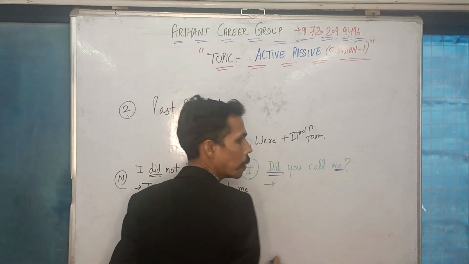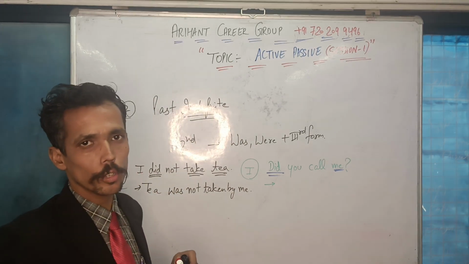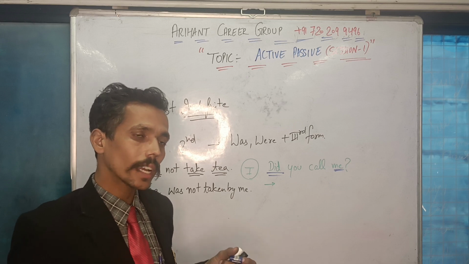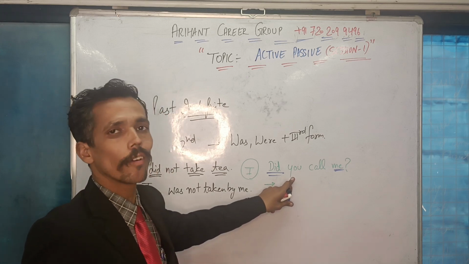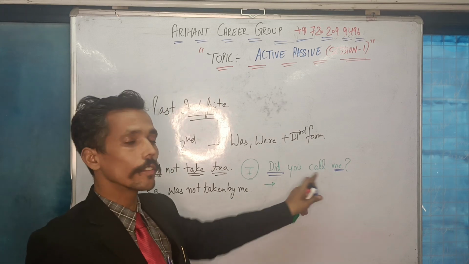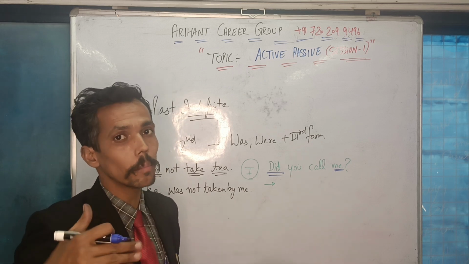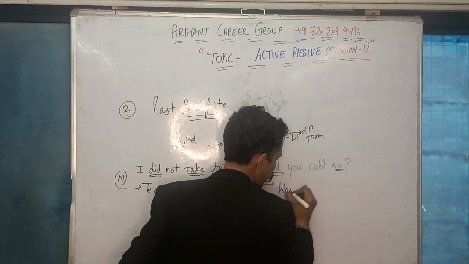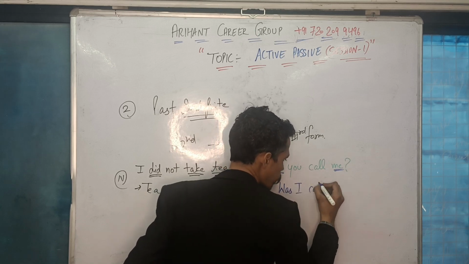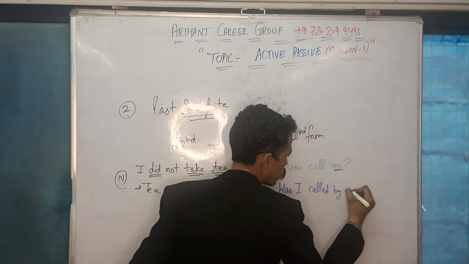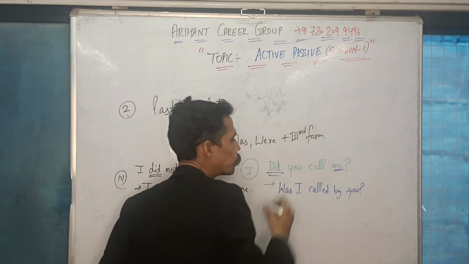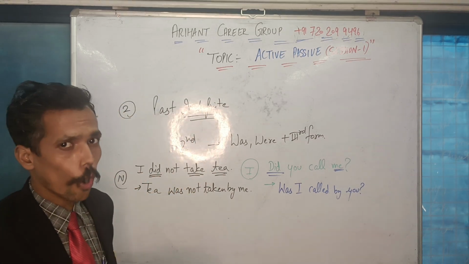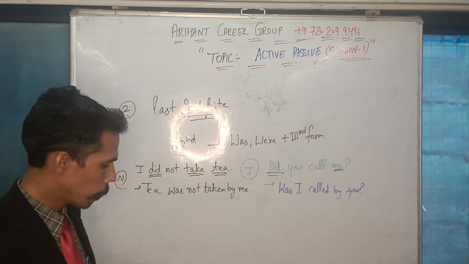According to me will become I. And for I, I am supposed to use was as a singular here. So that means was I, because in the question my helping verb was also coming before the subject. So similarly, the object which becomes my subject will again come after the helping verb. So the answer will be here: Was I called by you? I discussed with you, you cannot be converted. That's why you remains you. Did you call me? Was I called by you? This is the way. Am I right?